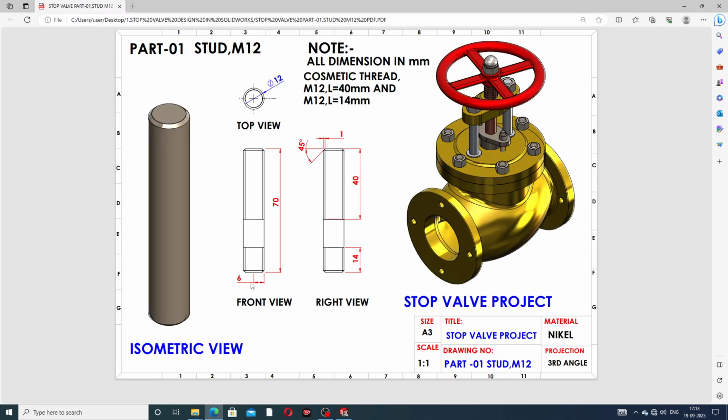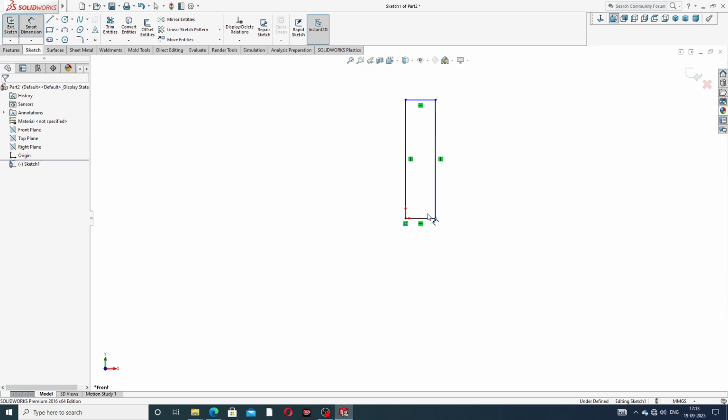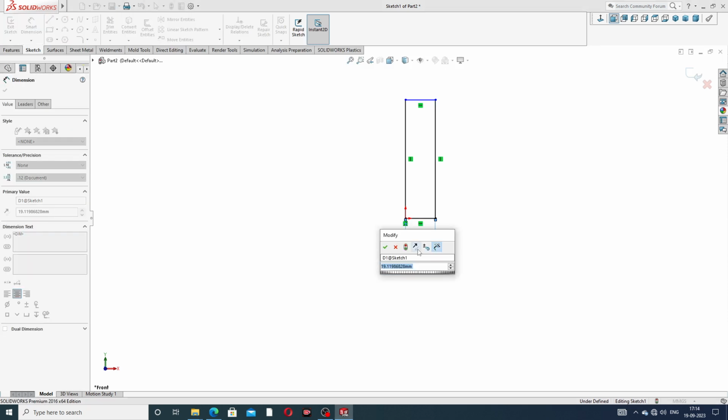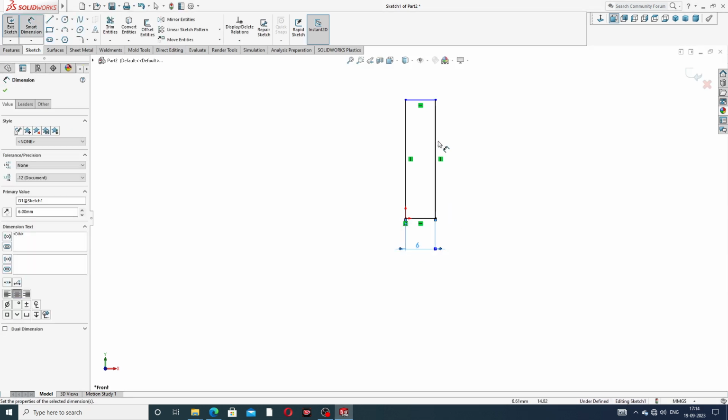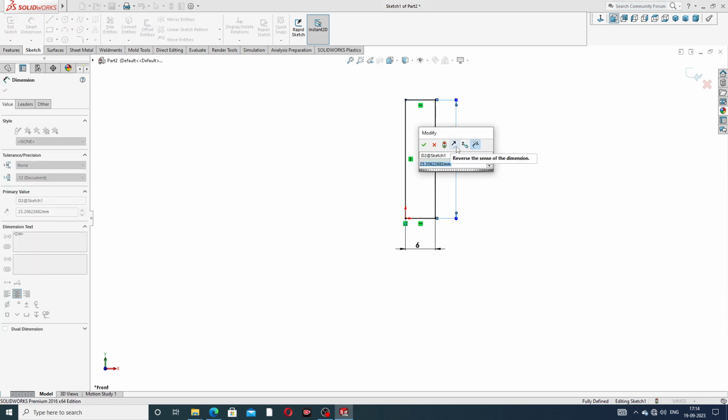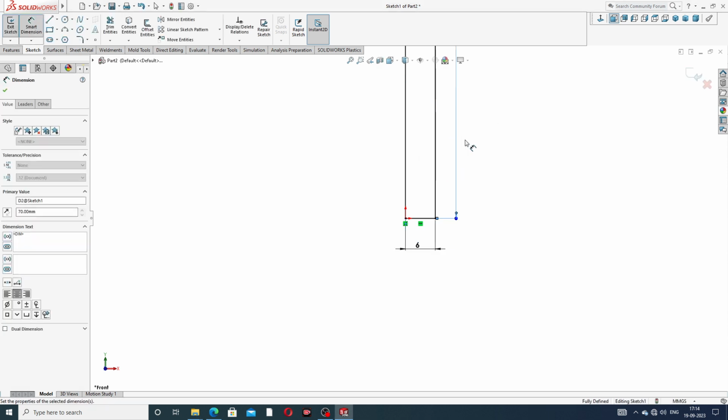This is 6 millimeters, and this full length is 70 millimeters, and use a chamfer of 1 millimeter at 45-degree angle, and this 6 millimeter is the radius, and this diameter is 12 millimeters, same. This dimension is 6 millimeters, and the full length is 70 millimeters.